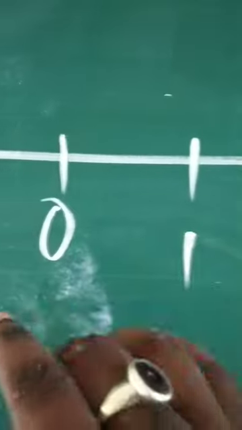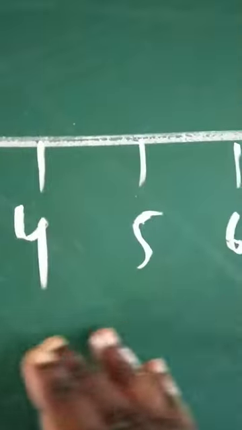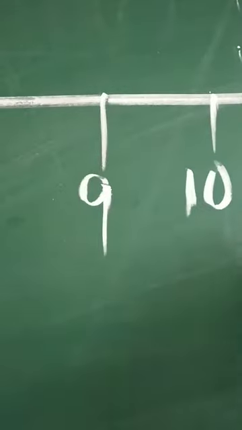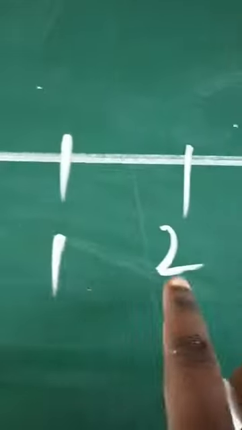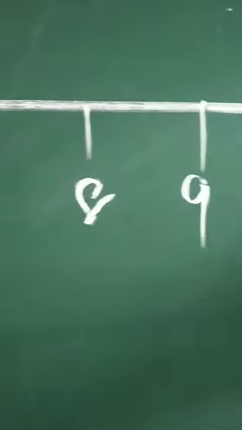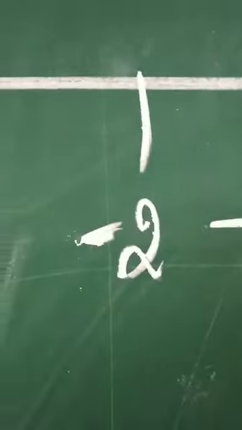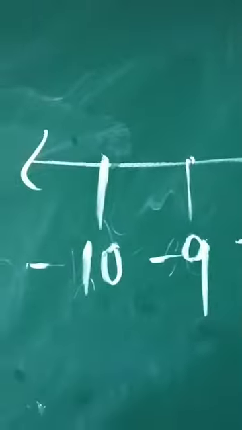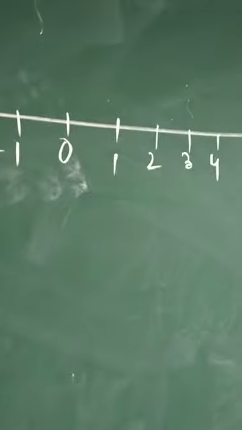-8 is to the right of -10 on a number line. So children, here I have drawn a number line which is starting from 0. The numbers which lie at the right hand side of 0 are positive numbers, positive integers, starting from 1, 2, 3, 4, 5, 6, 7, 8, 9, 10, 11. And the numbers lying on the left hand side of 0 are -1, -2, -3, -4, and so on. I've written till -10 because, as we know, there is no limit of numbers. Numbers are infinite. It can be extended as much as you want.